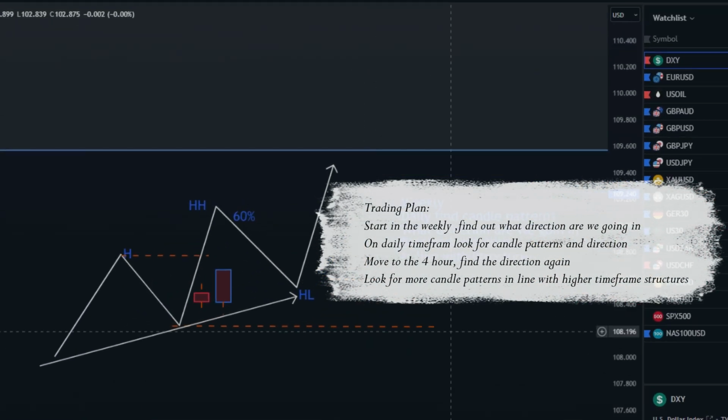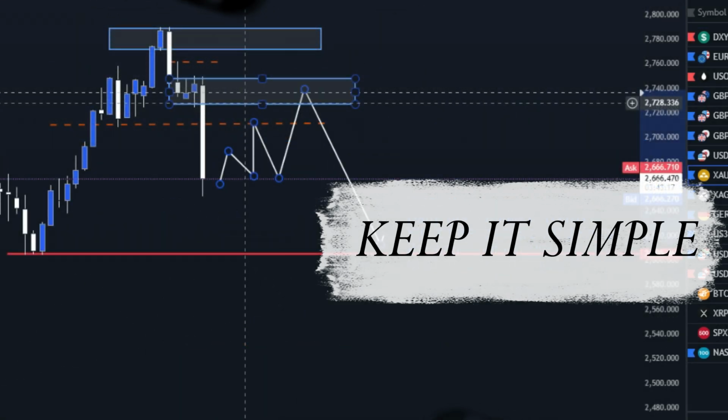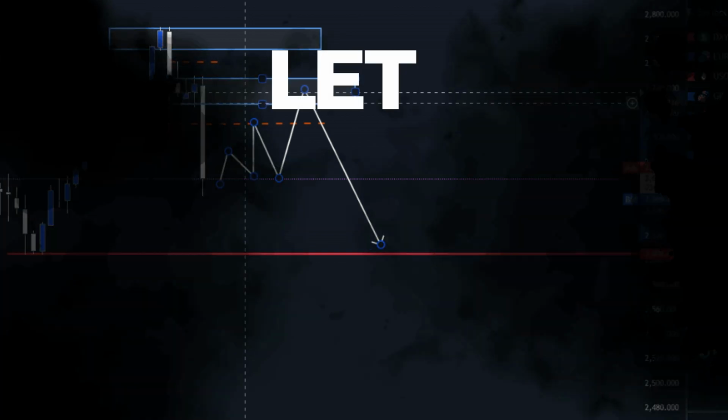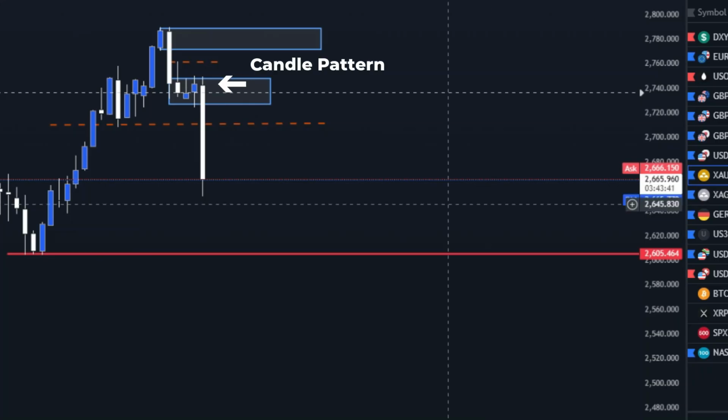So that's technically the trading plan, guys. Weekly time frame first, figure out where we're going. Okay, daily, find your patterns, what direction are we going in, find base momentum candles, and then it must be in line with structure. That is the trading plan, period. There's nothing else needs to change. And everything flips when it's bearish, which I'll show you now quickly before we end with gold. So guys, please keep your eye out for such a big momentum candle, and that's on the